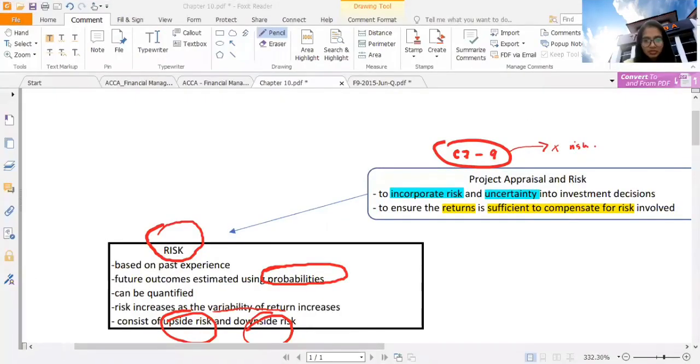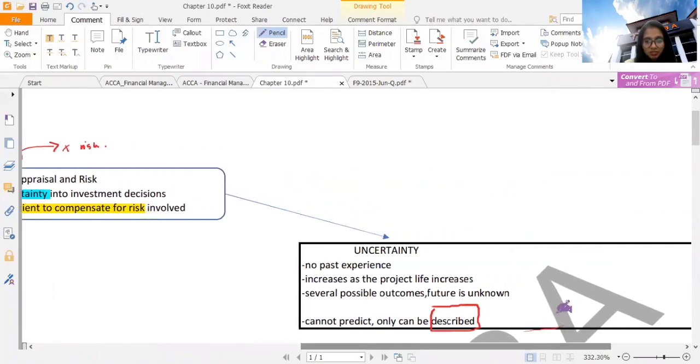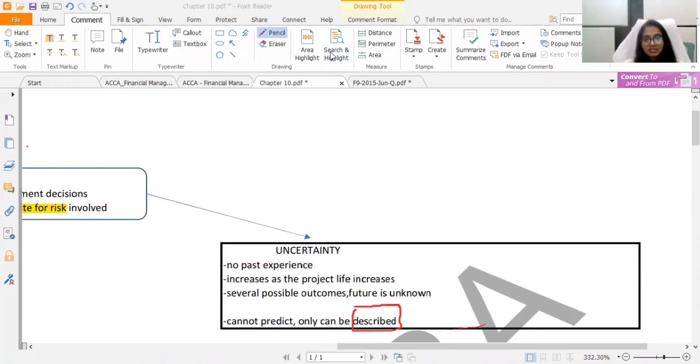Okay, hi everyone. So we are back now with the next part of our chapter 10, where we are going to look into details on uncertainty. So, guys, just in case you are wondering, when you talk about uncertainty, what is important for you to know is that you have three major areas to assess uncertainty,